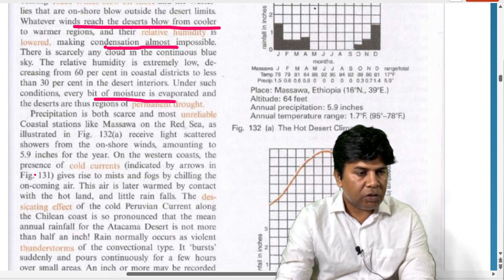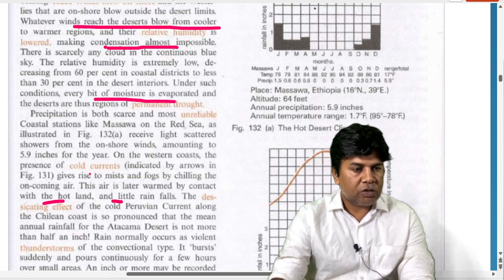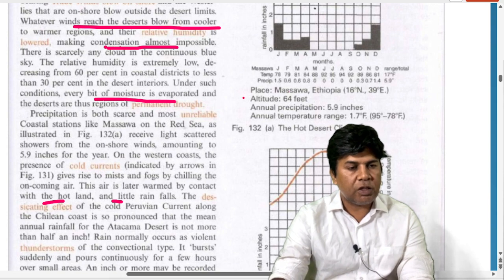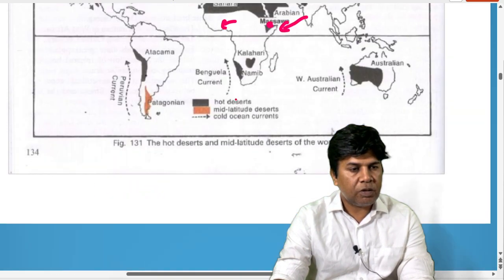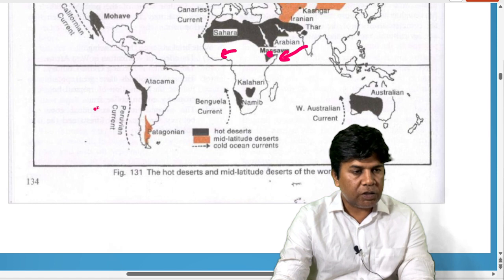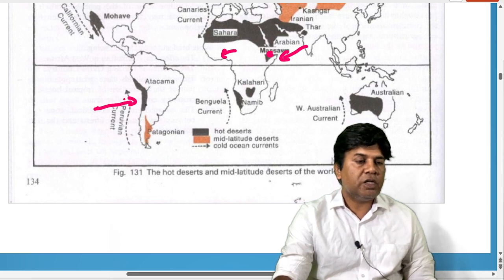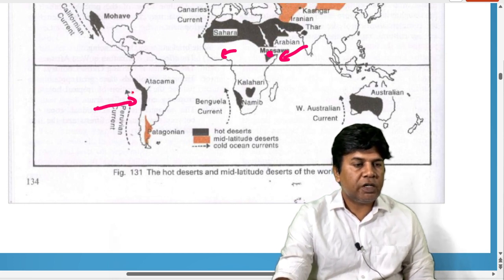On the western coast, the presence of cold currents gives rise to mist and fog by chilling the oncoming air. This air is later warmed by contact with the hot land and later rainfalls. We have to understand why. Suppose if you see in the map, these are the cold currents. This cold current is also responsible for the desertification in these areas, because this is cold water. So suppose the onshore wind is coming, and if this wind has a little bit of moisture, then this moisture will get condensed